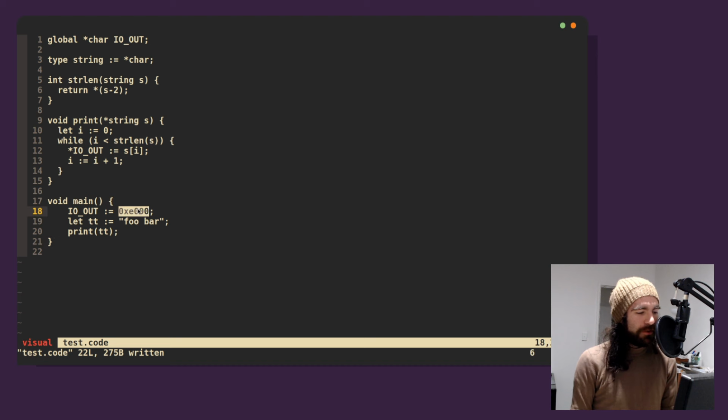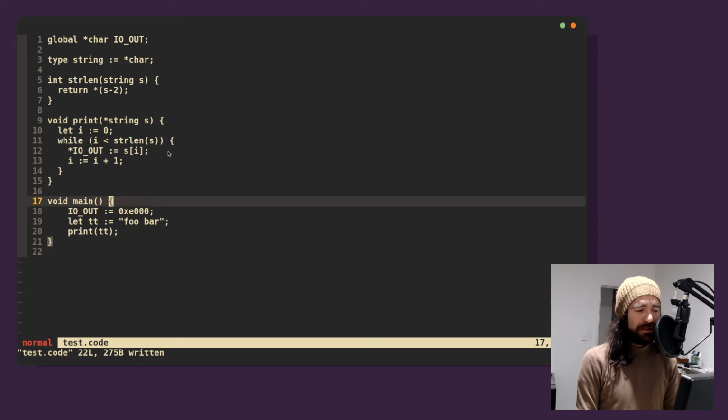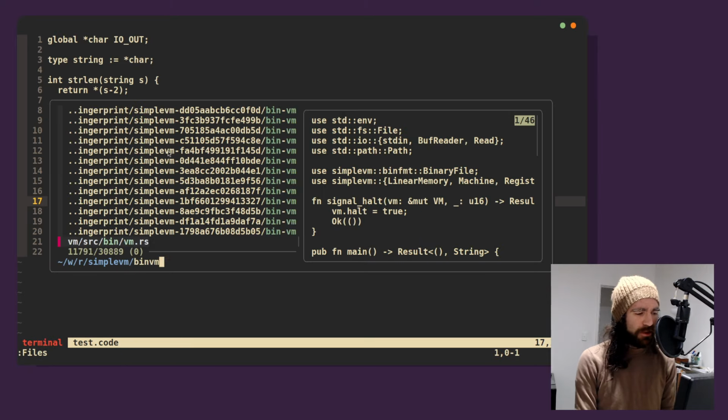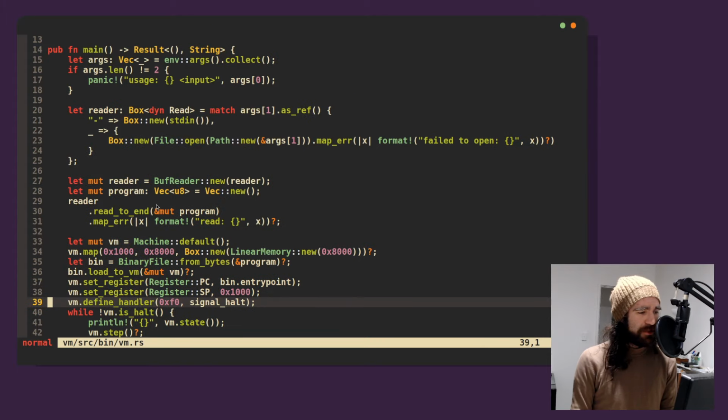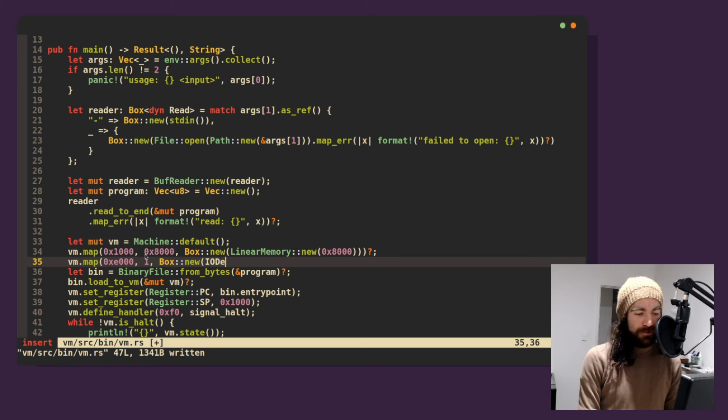Nice. So this doesn't exist right now, and this doesn't exist. We've got an I/O output device, like a terminal I/O device that runs in the web browser, but I should add one as well to my actual virtual machine binary. Like, it would be great to map at E1000 with length 1, a new addressable, and it'll be like an IO device. Something like this, right? Where when we read and write to it, it's gonna print things to the terminal.